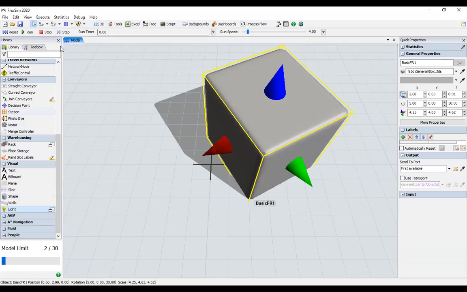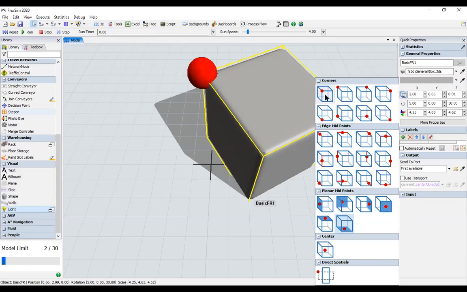Then you can select any new selection. You can create and connect the objects by clicking R, or you can select the particular view volume, and you can select the point. You can select with respect to corners, midpoints, or planar.